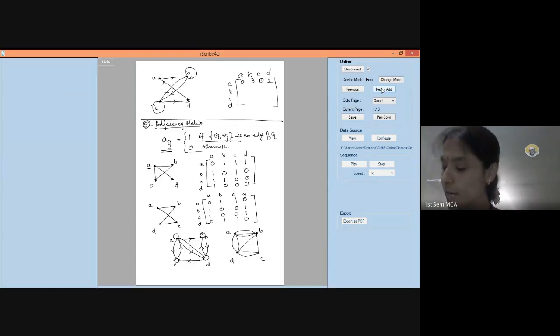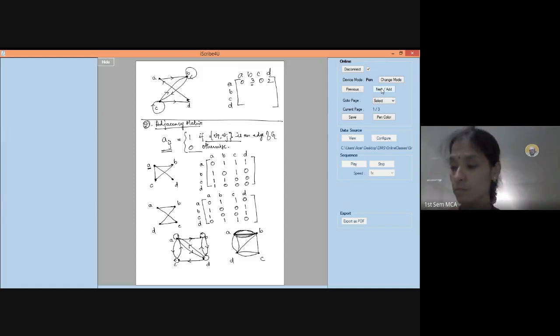See, look here. A to B. How many edges do you have? This is one edge. This is one edge. This is one edge. This is an undirected graph, right? So there are 3 edges from A to B. So you have to get A to B as 3. A to A, there is no loop, so 0. How did you all get 1 there?